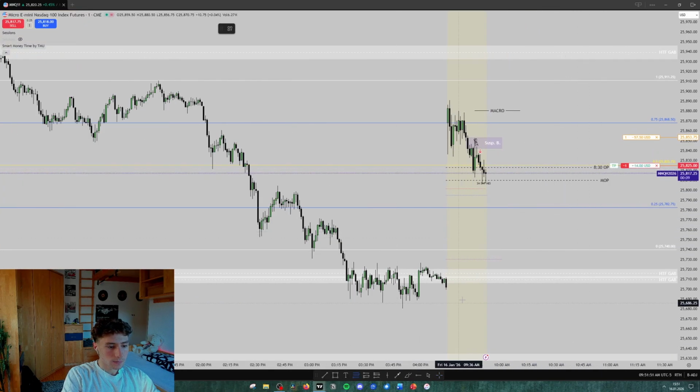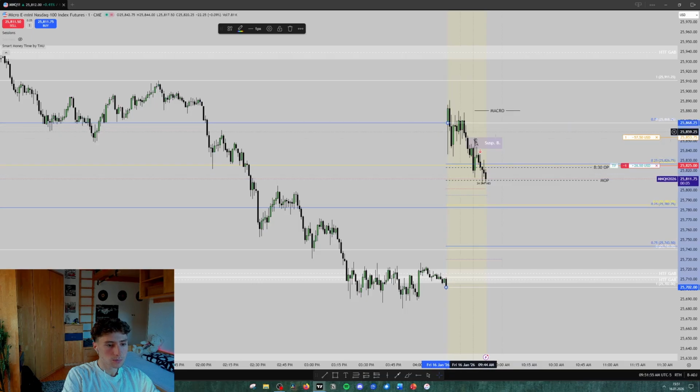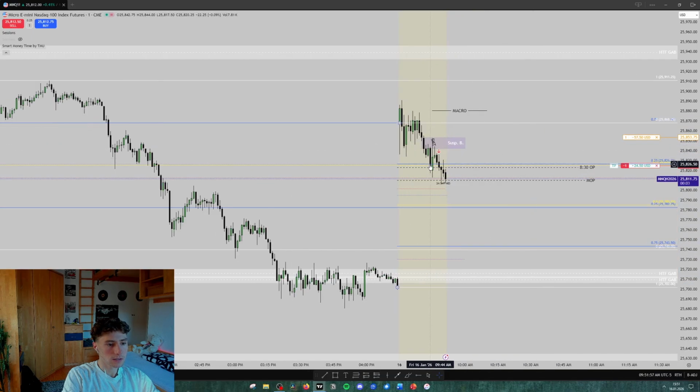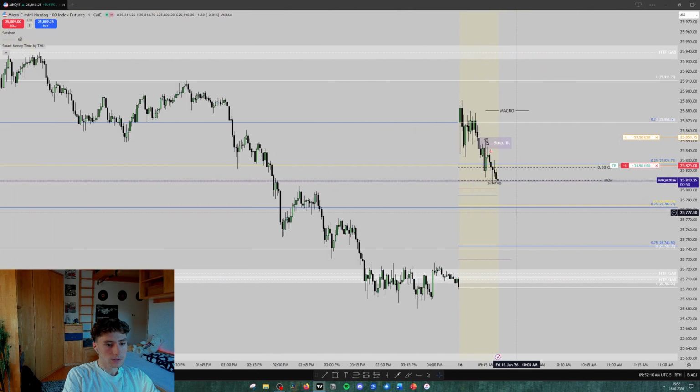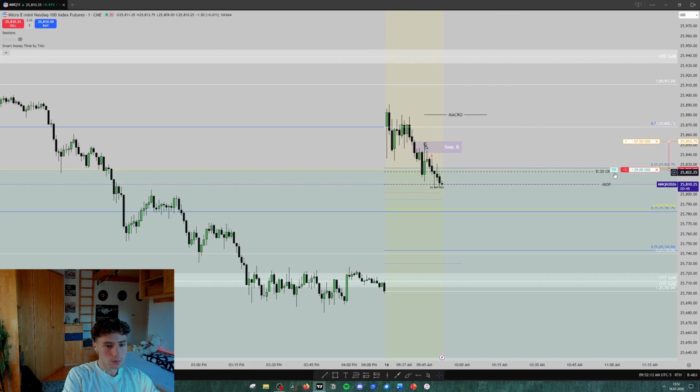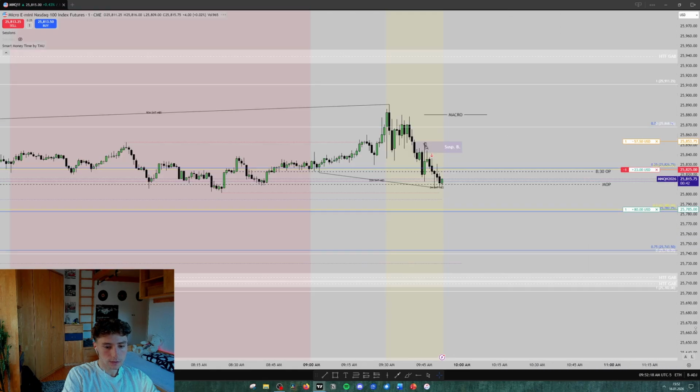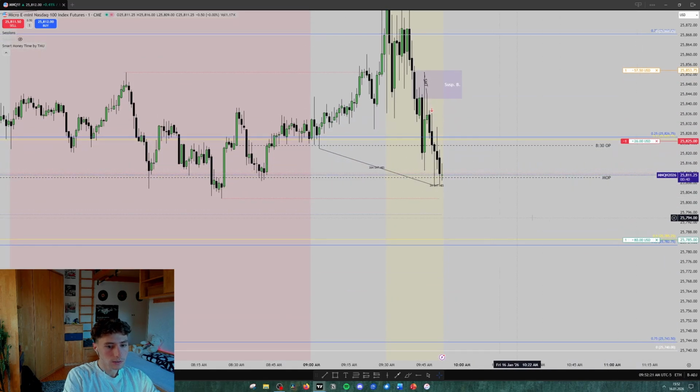And today as well, you can see we have a new opening range gap of 120 handles plus, but we did not respect the upper quadrant. Therefore, we are not interested in longs. I want to see if we can reach for consequent encroachment and also maybe the lower quadrant of Wednesday's new opening range gap. So maybe I will just leave it like that.